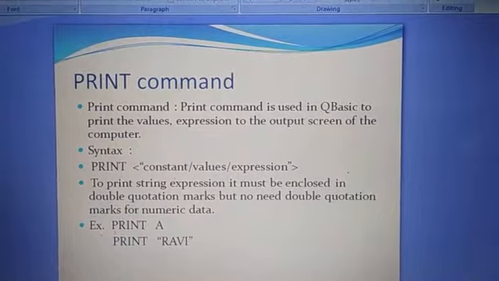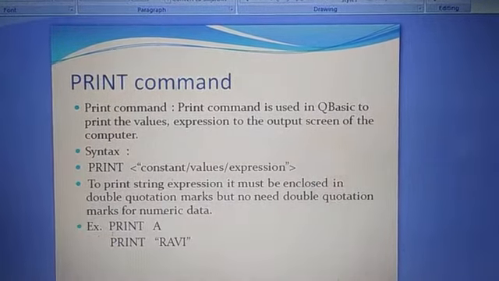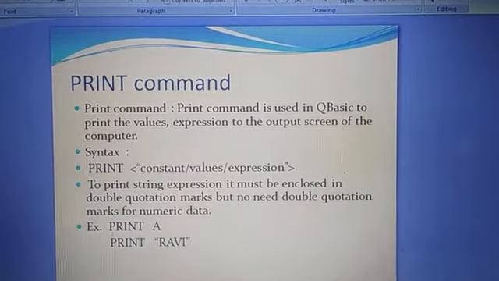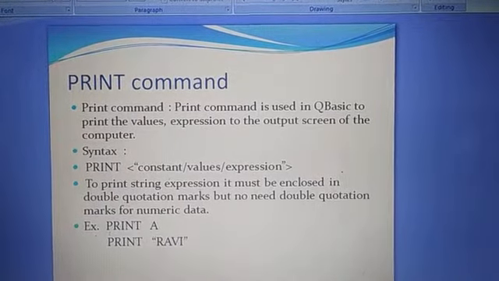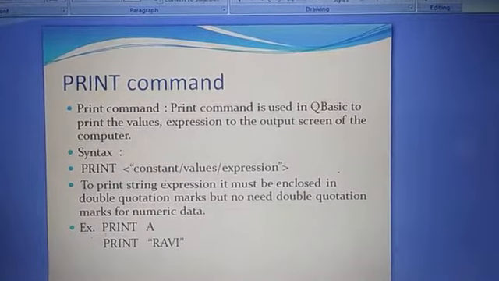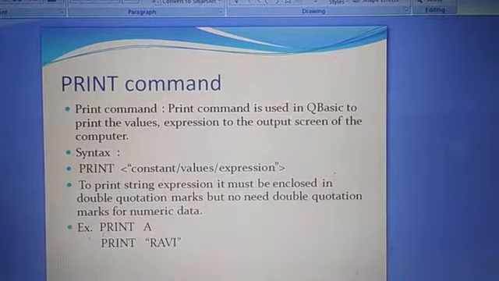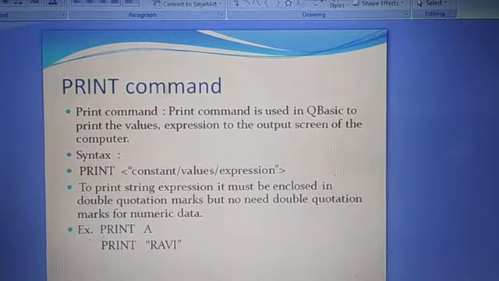Now there are some rules for printing expressions and printing values or variables. To print a string expression, it must be enclosed in double quotation marks. But for numeric data like a variable, it is not necessary.